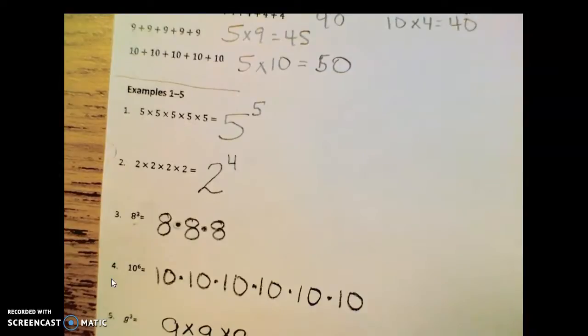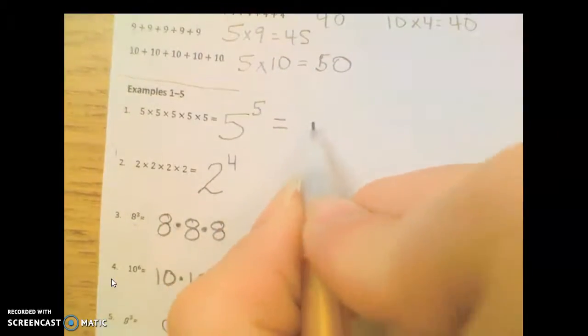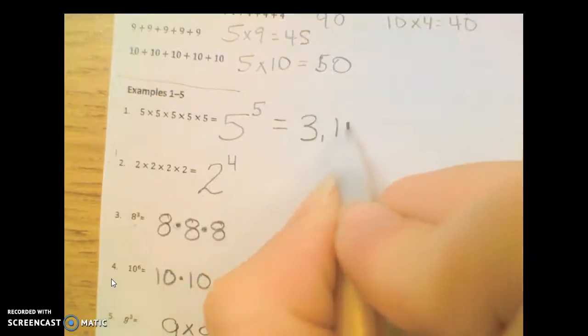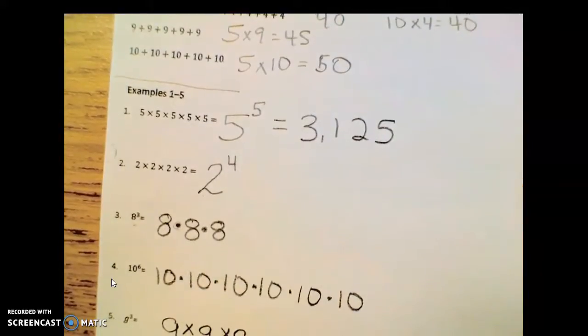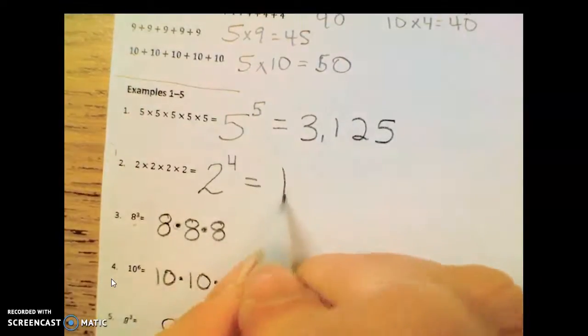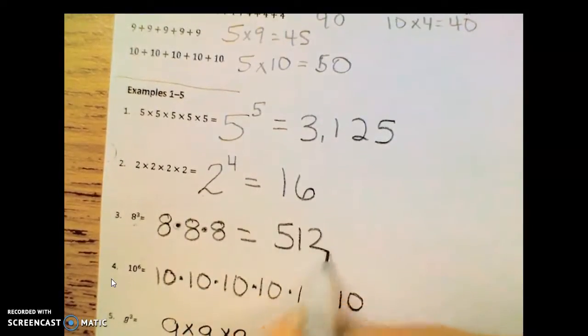If you are back with me, it means that you have your answers. So you know that 5 to the 5th power would be this. If you got it wrong, plug it back into your calculator and try it again. 2 to the 4th power would equal this. 8 to the 3rd power equals this. And 10 would be,